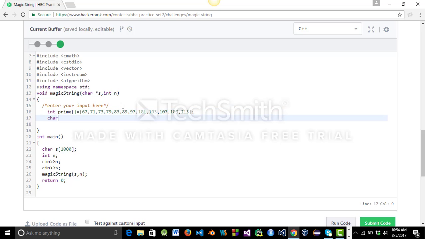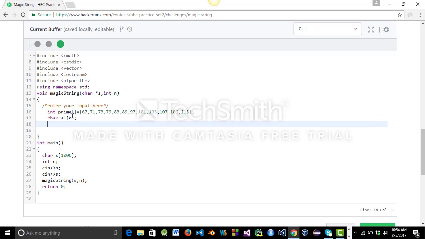Now let's take an array called S1 of length n, because the length of the given string is also n. Therefore, let's take an array whose length is also n. Now let's loop through the string. For j=0, s of j is not equal to null, j plus plus.